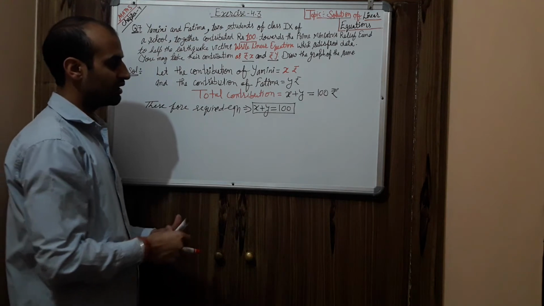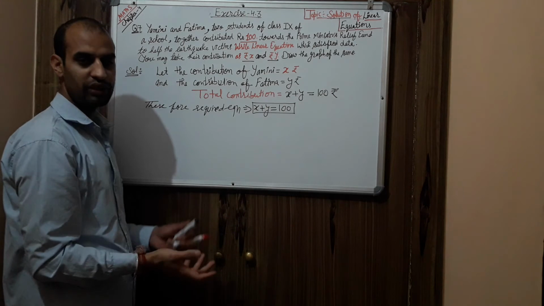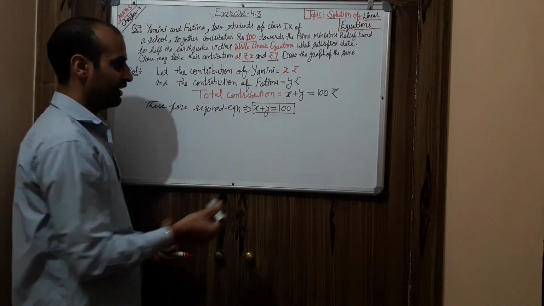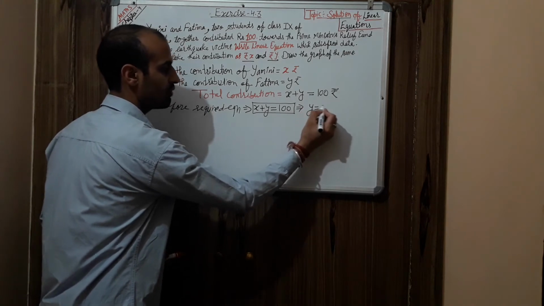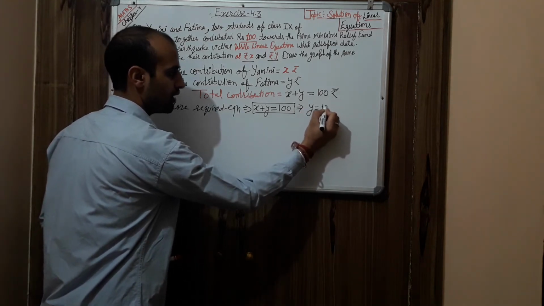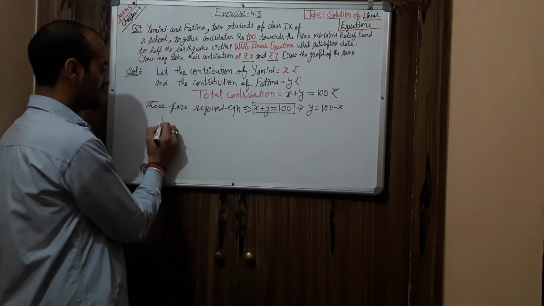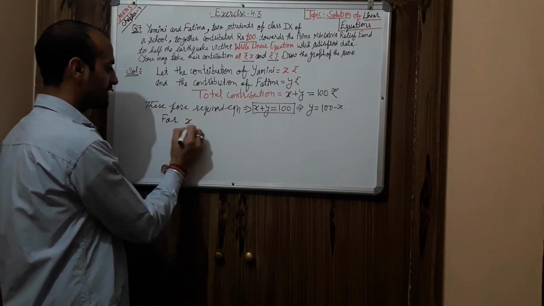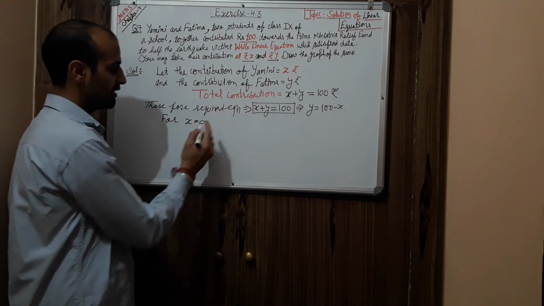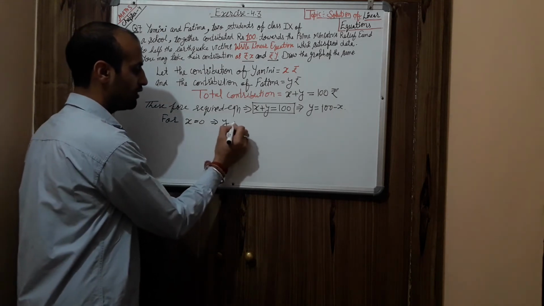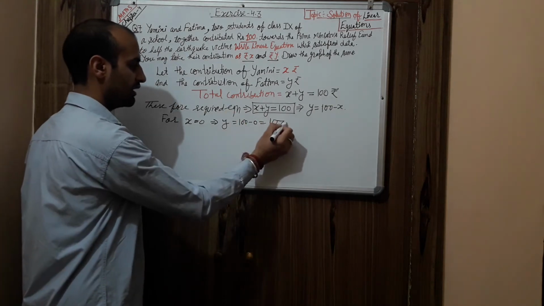Now you can select rupees of the first girl as well as the second girl so that the answer remains 100. Or in another way you can write this equation as y is equal to 100 minus x. In this way it is easy to calculate. So let's see. First I am calculating for x is 0. Consider the first girl is not donating anything. It implies your y value is 100 minus 0, and the answer is 100.